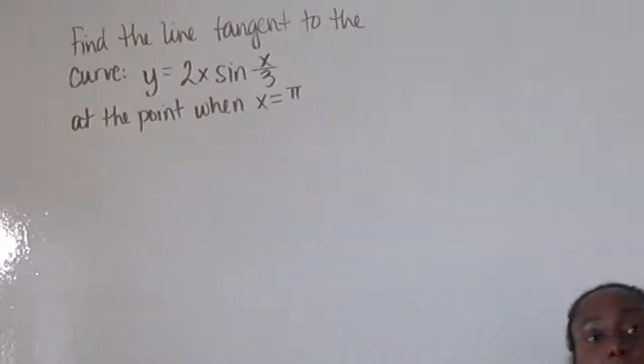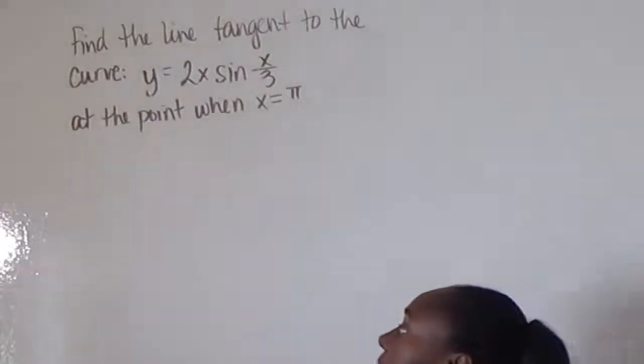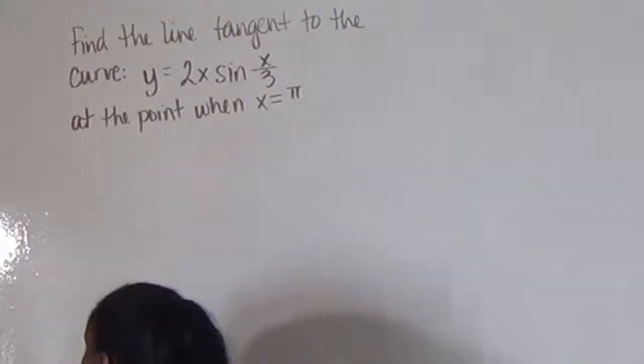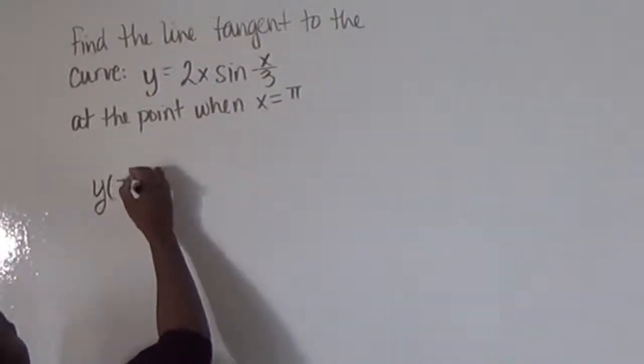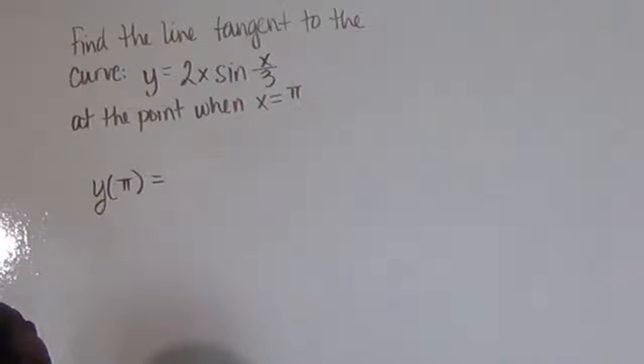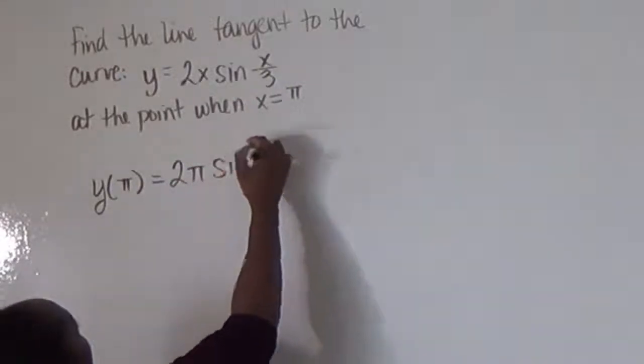In order to get the tangent line, we need to get a slope and a point. And so here, for the point, we have the x value, so the first thing we're going to need to do is get the y value. So when x is pi and we plug in, we're going to get 2 pi times the sine of pi over